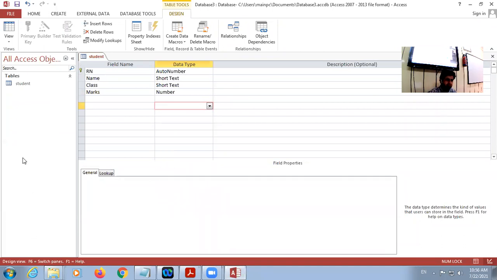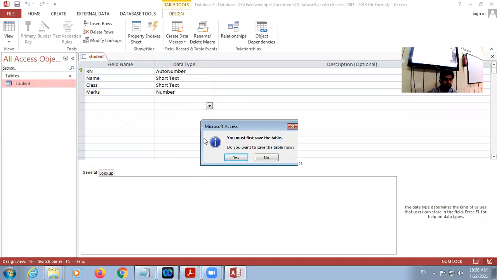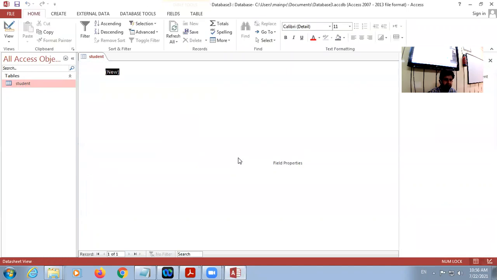So this is design view, and if I double click on the table, I am saving the table. This is datasheet view.